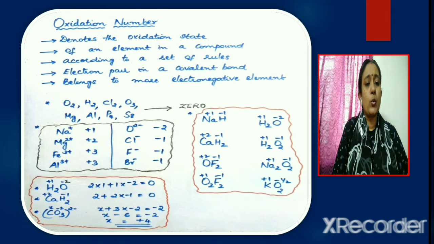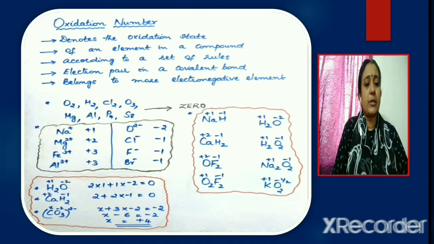Now consider sodium peroxide, Na2O2. Since it is a peroxide, the oxidation number of oxygen here is also equal to -1. Now sodium is an alkali metal. Alkali metals exhibit an oxidation number of +1 in all the compounds. So sodium exhibits an oxidation number equal to +1. Now if we take the sum of the positive and the negative oxidation states, it will be equal to 0.